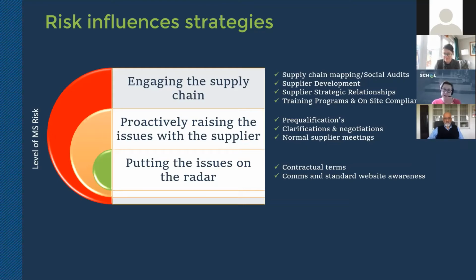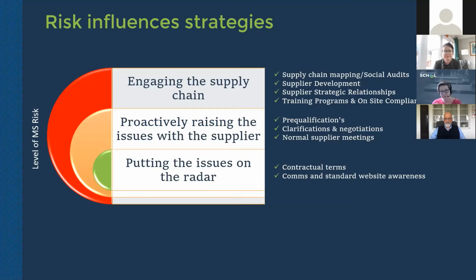So Eleanor's already alluded to the fact that it needs to be proportional, it needs to consider leverage. The reason is because your strategies on engaging this in terms of the sort of procurement requirements really do rely very heavily on that focused and targeted approach. You'll have seen from earlier sessions that we talked about that realistically, you probably have got a supply chain riddled with exploitation and modern slavery, and you cannot combat it all.